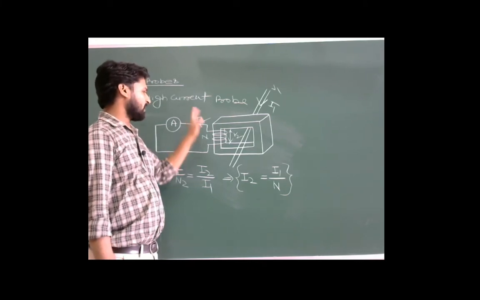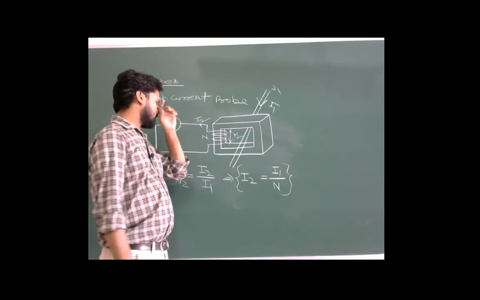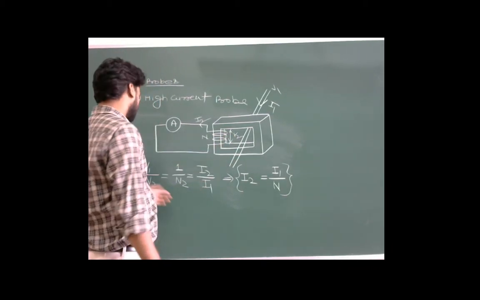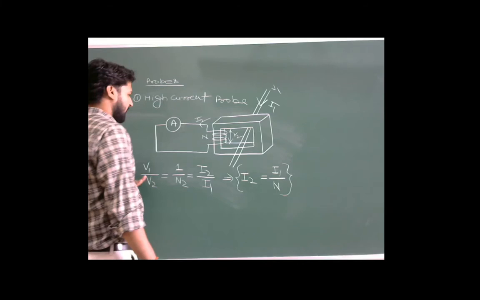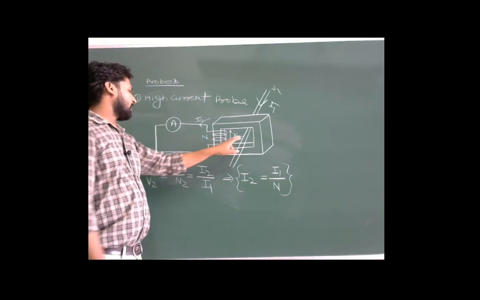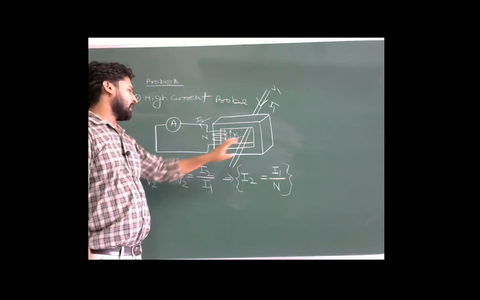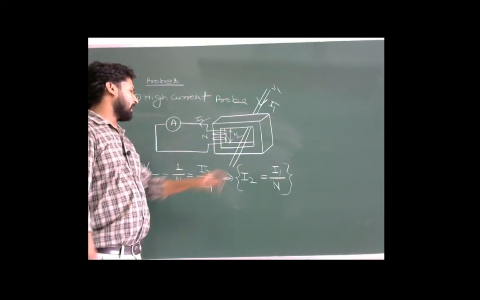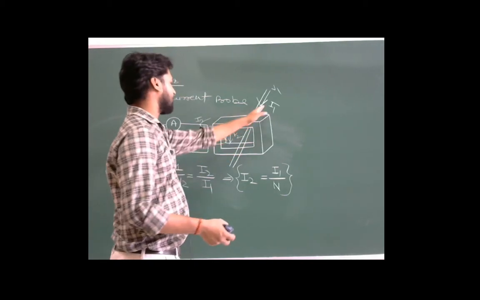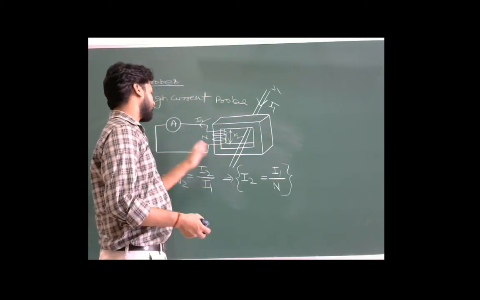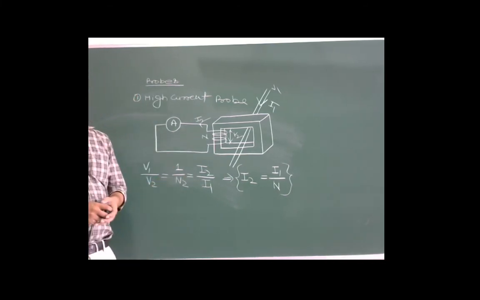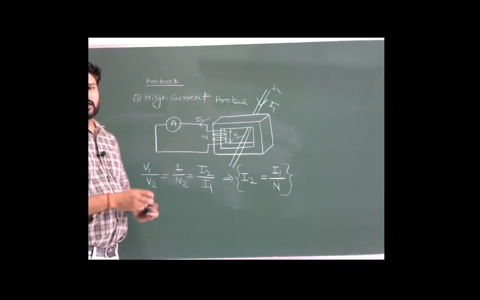What the transformer is doing here is it is a step up transformer which increases the voltage, but it will reduce the current at the input side, at the primary winding of the transformer. The current flowing at the primary winding is I1. This current is reduced to I2, and then it is applied to the ammeter circuit. The next one is the Hall effect probe.